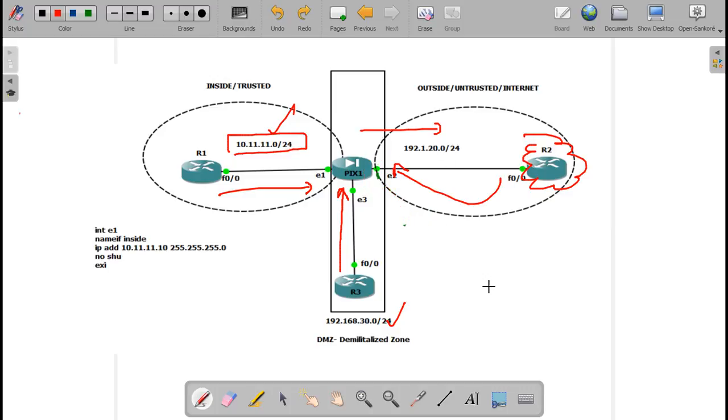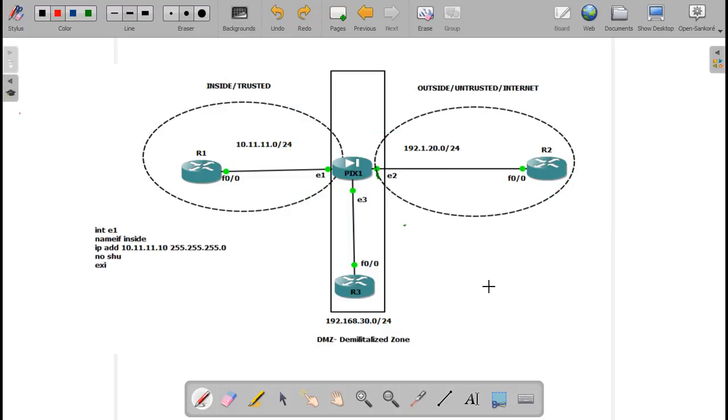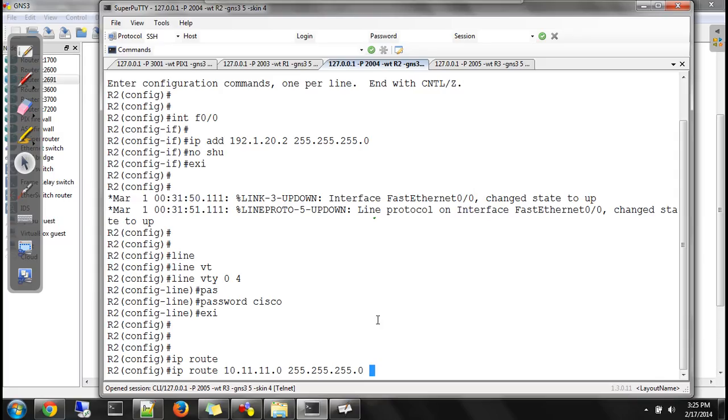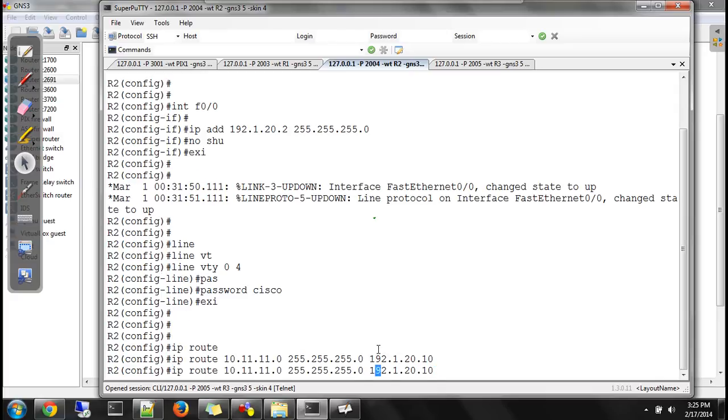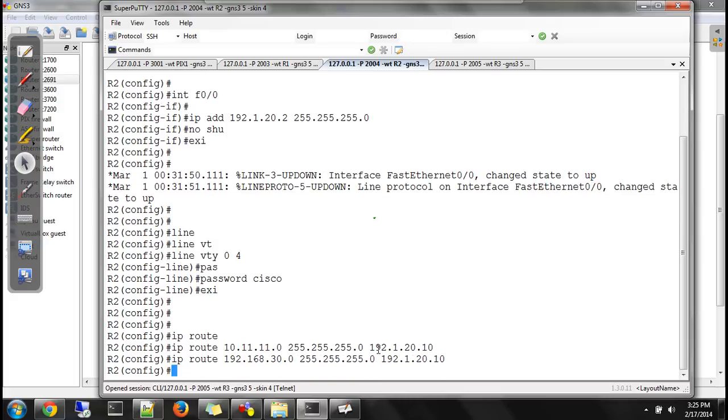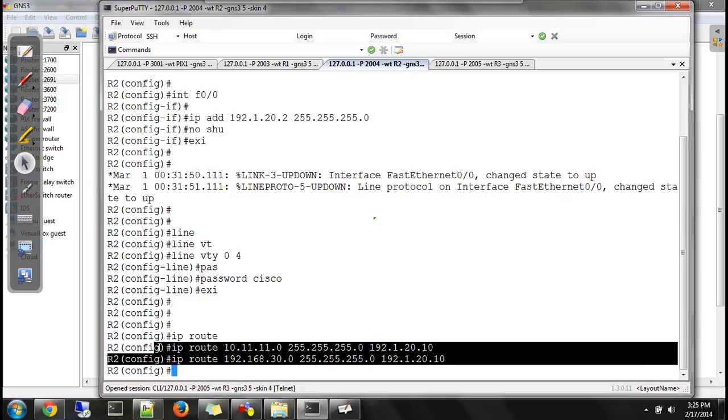Good. So let's do this. Here I'll say 192.1.10.0, and the next network is 192.168.30.0. Done.